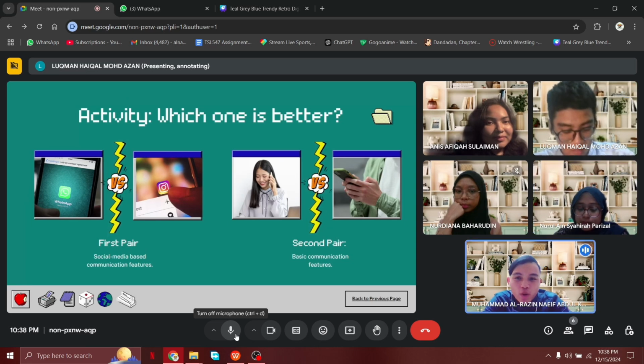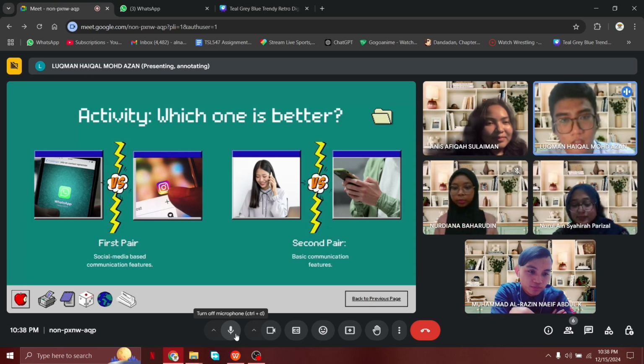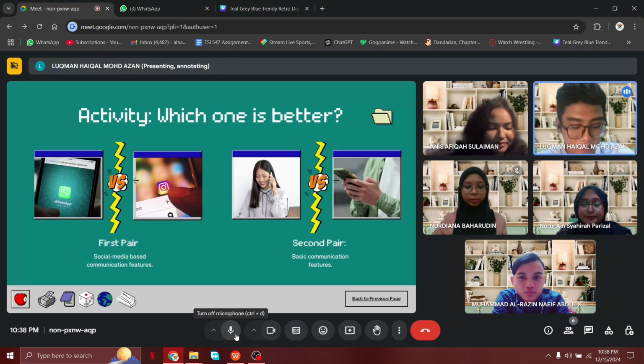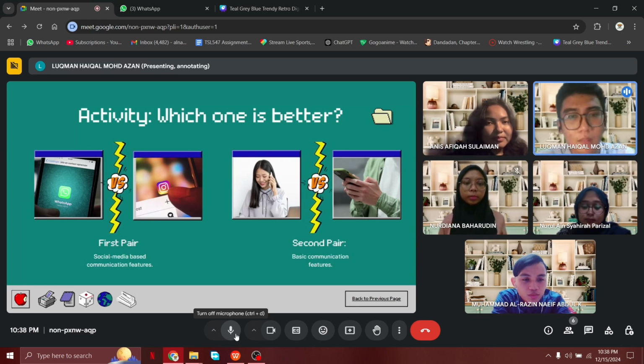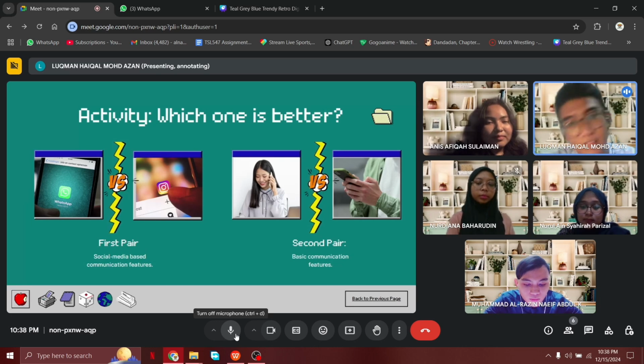Okay, can you tell me why? What are some of the things WhatsApp has that Instagram doesn't have? So, for example, WhatsApp is much more private and secure compared to Instagram because it provides a higher sense of security. For example, you cannot easily screenshot someone else's profile picture, or one-time photos, for example, sir.